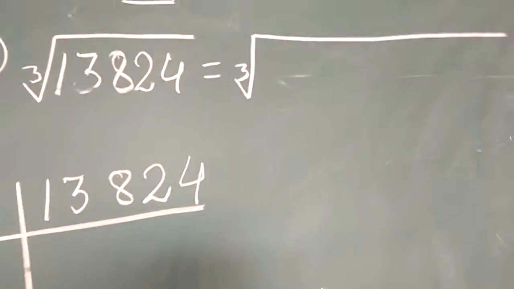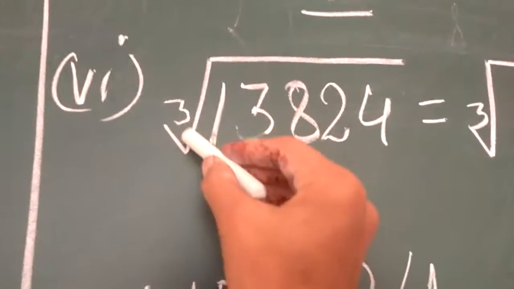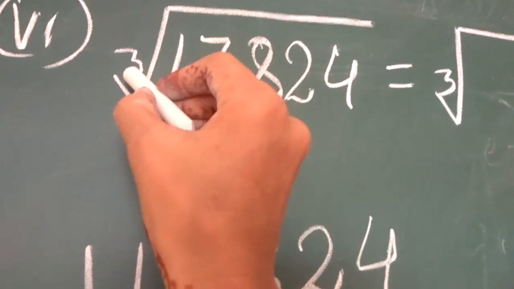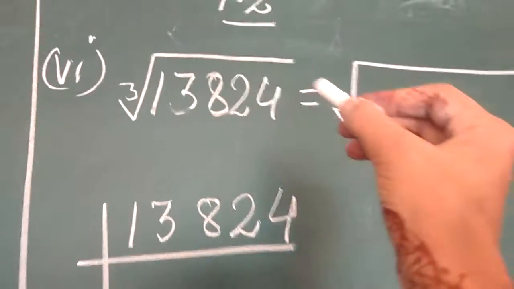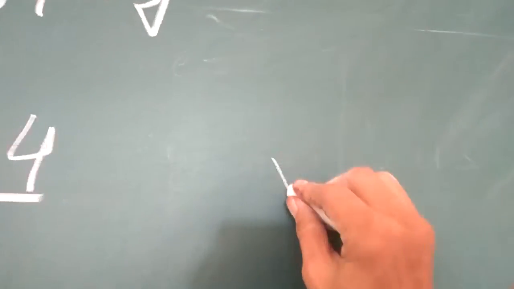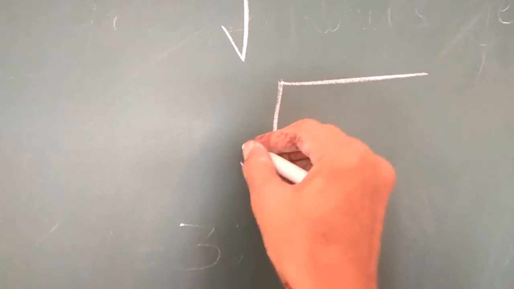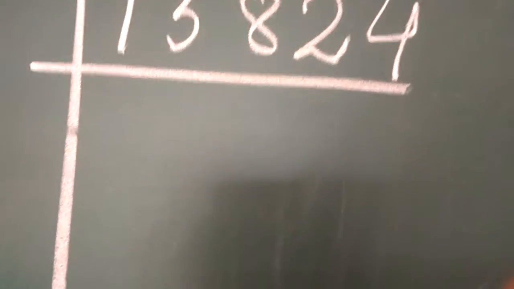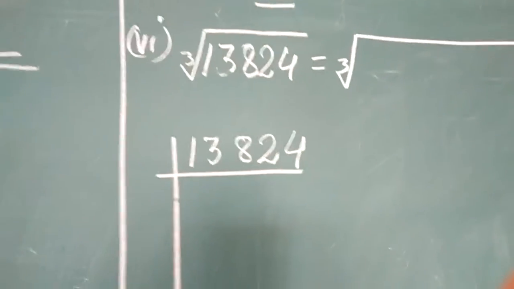Dear students, I told you that cube root is represented by this bracket and it is necessary to write down this 3 for cube root in this bracket. If you do not write it, that means it is a square root only. This is a square root and this is a cube root. You can very well see the difference between the two. So dear students, do not forget to write this little 3 in the bracket of the symbol.